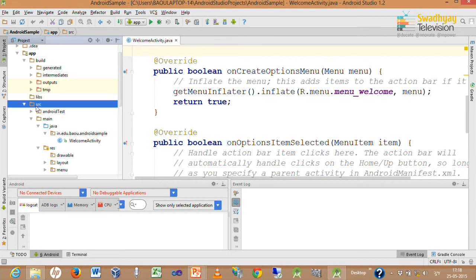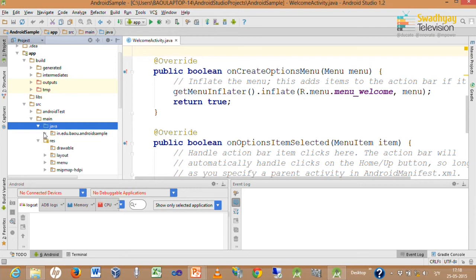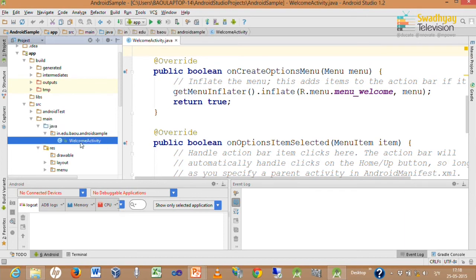We have a source folder, inside that there is a main folder, inside which there is a Java folder, and inside the Java folder all your source files are organized as a package structure. For example, our package is in.edu.baou.androidsample, and we have specified the name of the activity as WelcomeActivity.